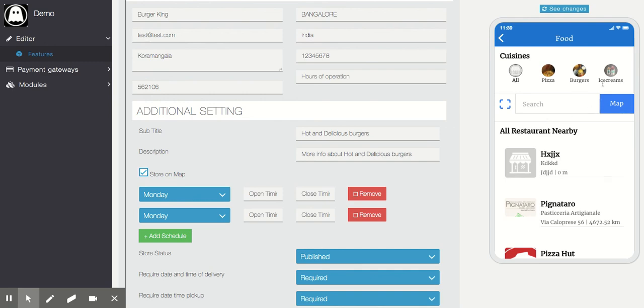Basically, this page will show you stores on the map. This model has listing, search, listing on map, and list view, and you can change the labels of everything. You can use it as a catalog or store or classified. So it has so much flexibility.